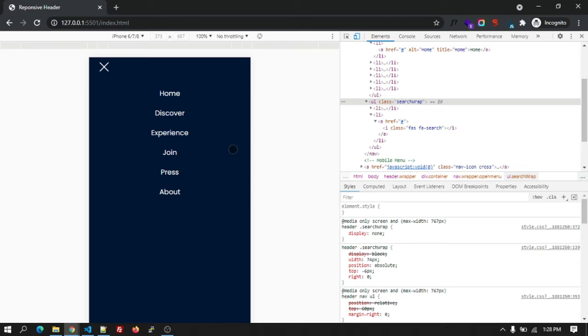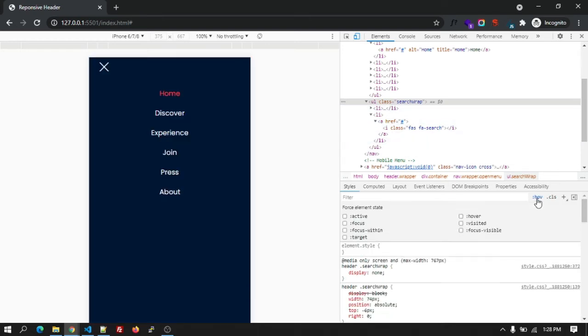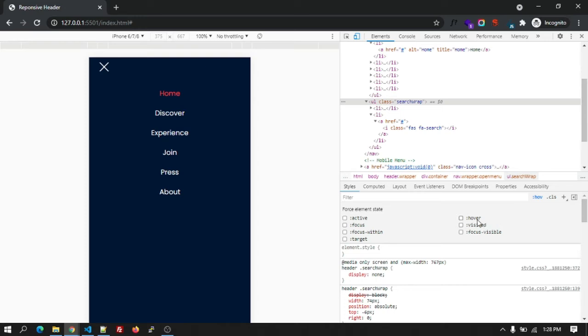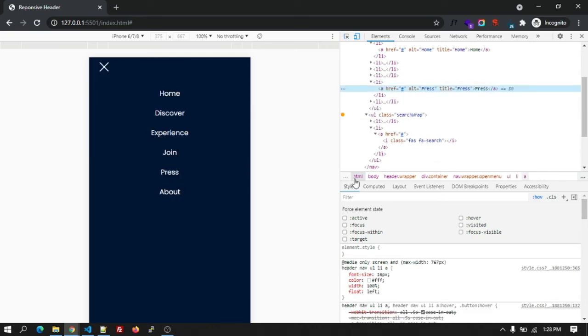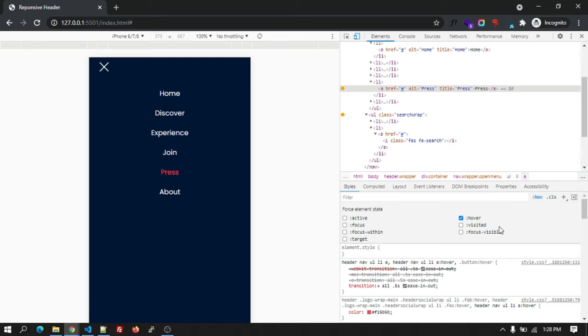Okay, so after hovering on the anchor tag, the color should change, right? So it's changing actually. Let's go to the hover. Let's go to another, for example, the fresh anchor tag. Let's click on it. It's not changing the color actually.